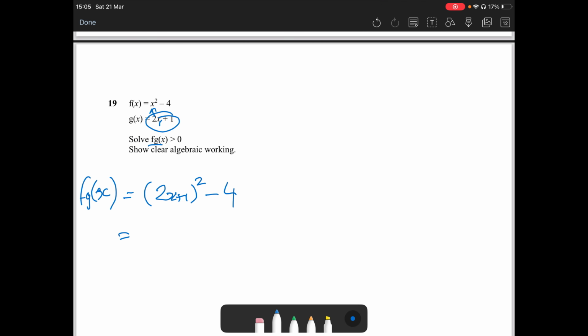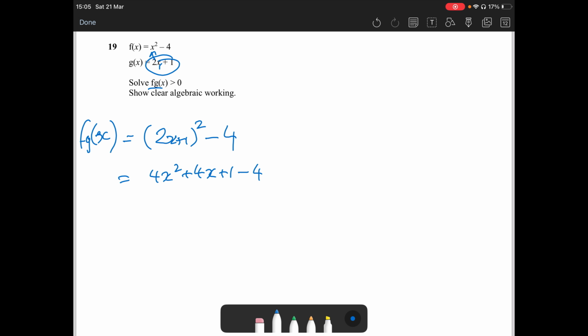So let's expand this out. You get 4x squared plus 4x plus 1. Take away 4. Okay. Just making sure I've not made any mistakes, but I don't think so. So far, we are good. So let's tidy up a little bit. Your 1 and your minus 4 give you negative 3. And remember that that is greater than 0. Okay, so we've got